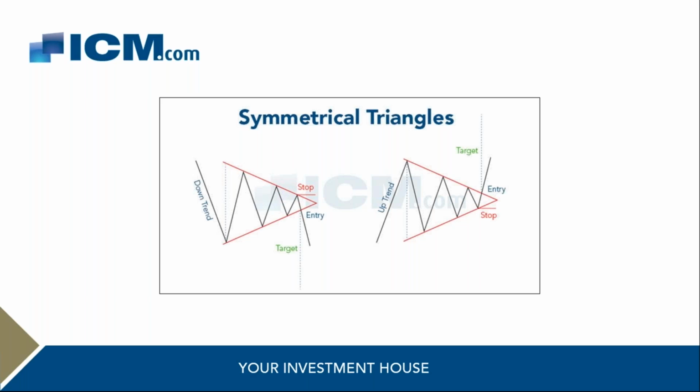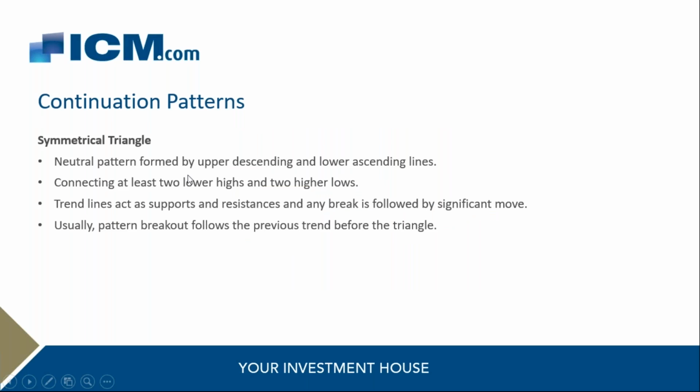As I said, it can be a triangle or it can be a flat formation, quite reducing on either side of the highs and lows. In the same way, you can see this symmetrical triangle, a neutral pattern formed by an upper descending and a lower ascending level, with at least 2 lower highs and 2 higher lows. Trend lines act as support and resistance, and a break is followed by a significant move. Usually this pattern breaks in the direction of the previous trend before the triangle happened, which clearly shows that